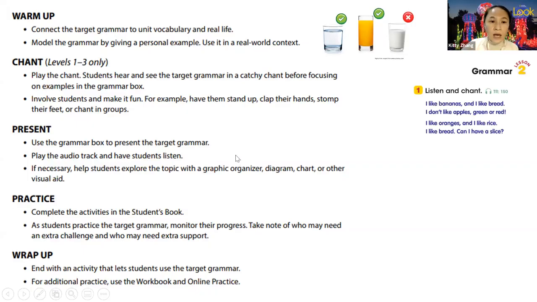And then how do we present? We use the grammar box, listen to the girls saying those words, and then we kind of change by looking at the words again and asking the students whether they like them. For example, do you like, except for bananas, like lemons? And then